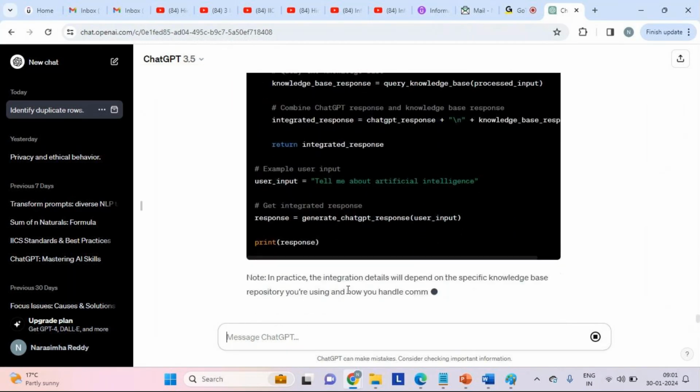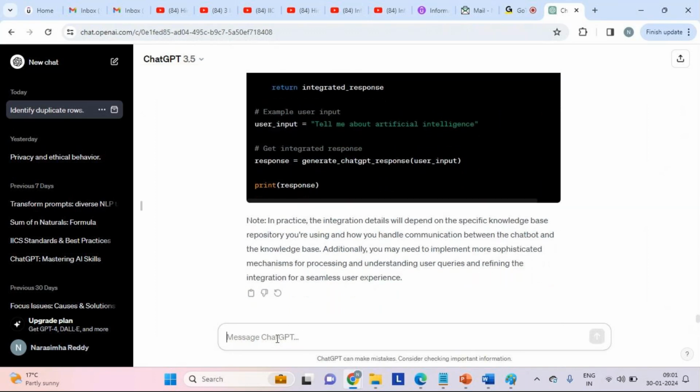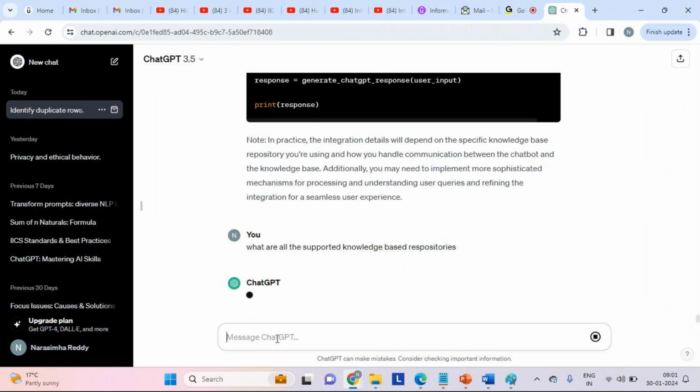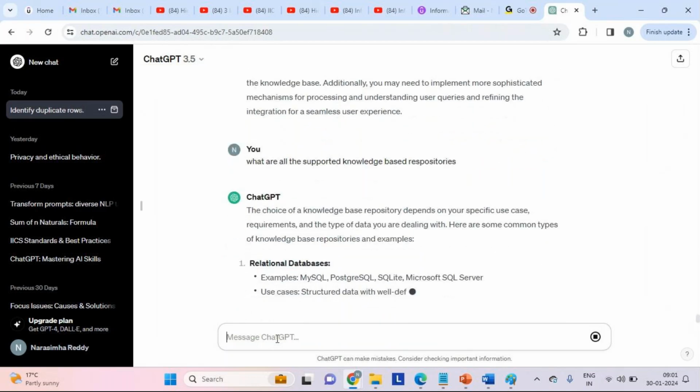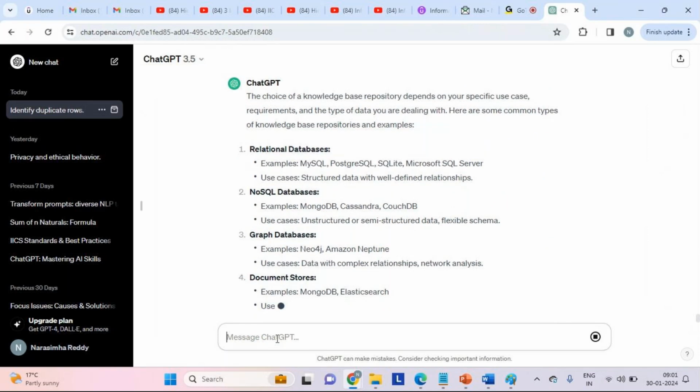Now we can ask the question: what are all the supported knowledge base repositories? We are trying to extend the previous question. First we asked yes or no, now we're asking what are all the things we can integrate.